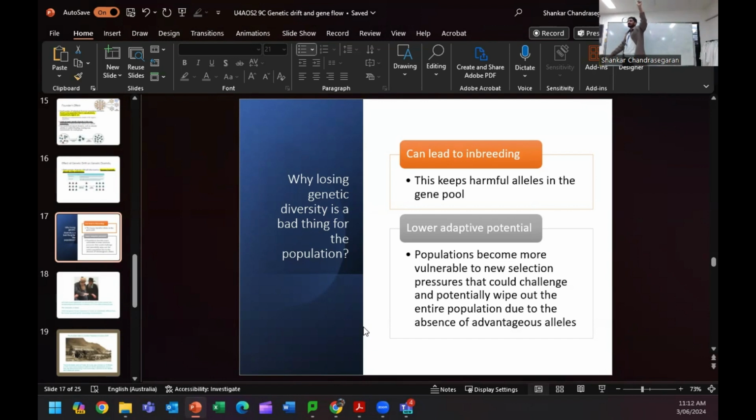Individual X has a homozygous recessive gene for a harmful disease, and the same allele exists in individual Y. When both of them reproduce, suddenly you have a homozygous recessive for that gene, and that means that gene is going to get activated, meaning that disease is going to get activated, right? That's the most simplified way to think about inbreeding and how it can actually emerge